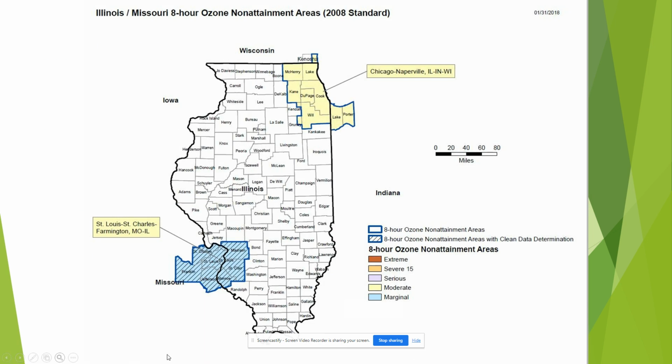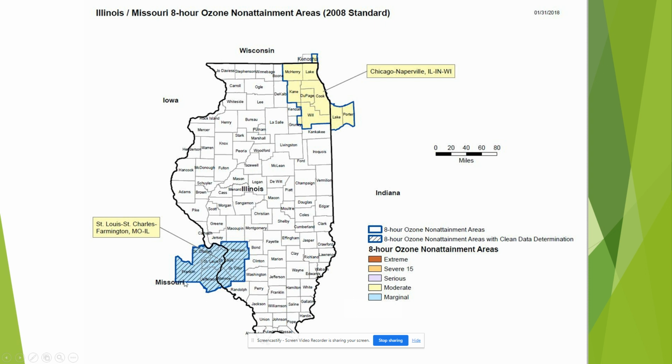the NAAQS. Okay, so here is our, for Illinois, our ozone, and this is the 2008 standard, not even the 2015 standard. But look at our counties where we have to worry about ozone, right? Where we are: Lake, McHenry, Kane, DuPage, Will, Cook, right? Oh, and this is Indiana here, Lake and Porter County. So that is the area around here.